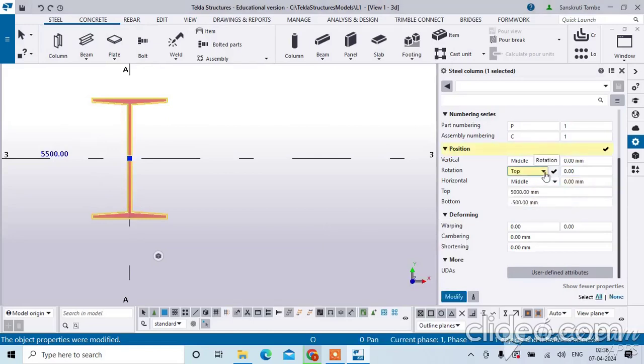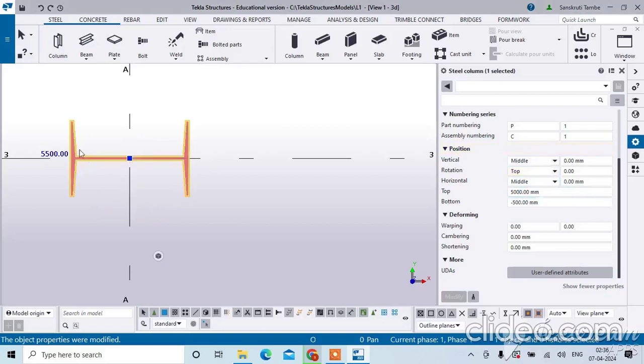right now, if I click on this top and click on modify, you can see the orientation of the column is changed. Again, below, these are the options available to change the orientation of the column. Even if you want to change the orientation by a certain angle, let's say by 30 degrees, you can just